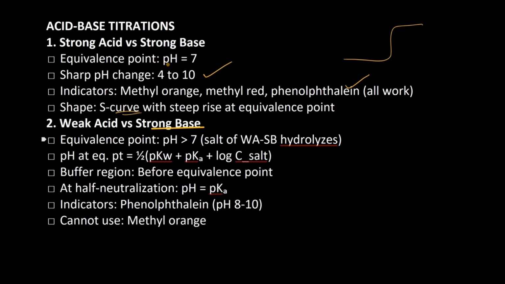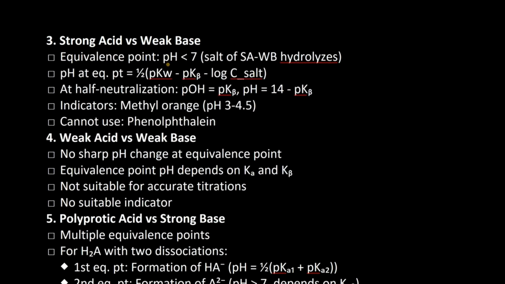Remember, strong base is there. So overall the solution will be on the strong basic side, right? So pH will be greater than 7. And the buffer region happens before the equivalence point, and the indicator is phenolphthalein, we can't use methyl orange, remember that. Then strong acid versus weak base, the equivalence point is less than 7 and the pH at the